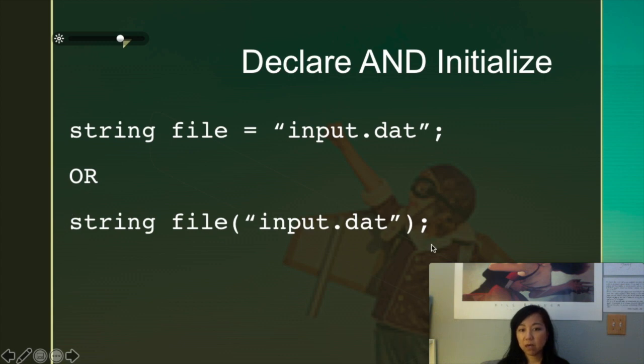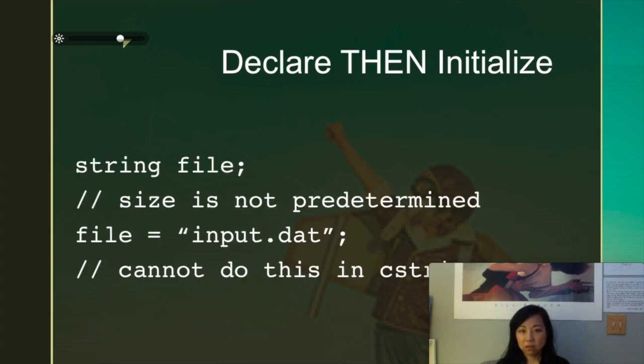A separate way of initializing and declaring in one line is doing this. We will talk more about this in the classes, but it's quite common to initialize and declare a class variable this way. Or declare and then initialize, so in two separate steps. String file, that's it. You don't need to tell it how long the string might be, and that's why it's